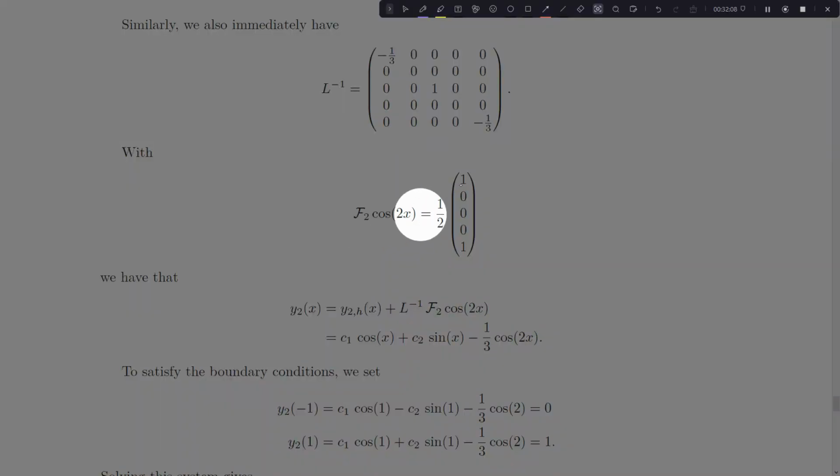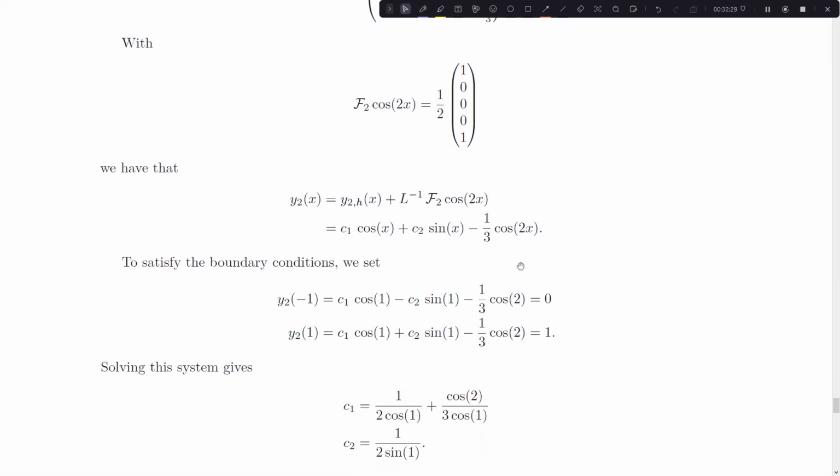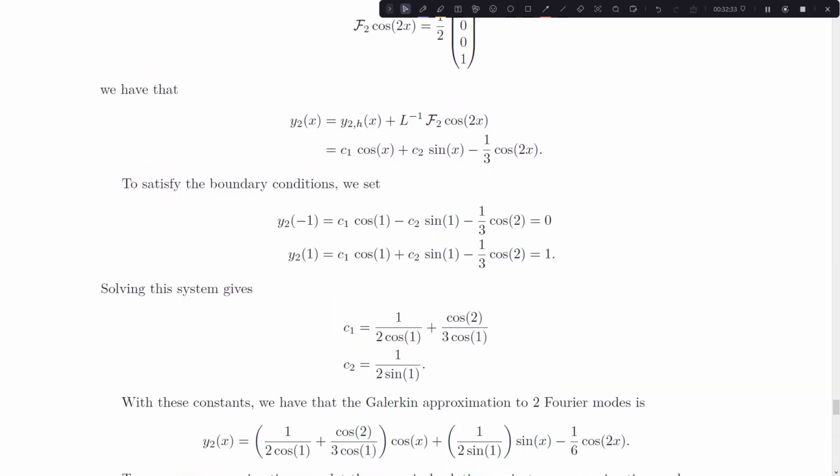And because I have a free choice of C1 and C2, I can actually use that to fit the boundary conditions. I go through the same process on cosine to give me my particular solution, which here is negative 1/3 cosine 2x. But now I have my 2 free parameters for my homogeneous solution, where I can fit the boundary conditions. The boundary conditions were 0 and 1, and if I fit those, I recover the following as my solution. So there's the actual solution, approximated up to 2 Fourier modes of this non-trivial boundary value problem. And I think that's really interesting, that we can actually fit some non-trivial boundary value problems as long as we find the right elements in our homogeneous solution. So if I scroll down now,